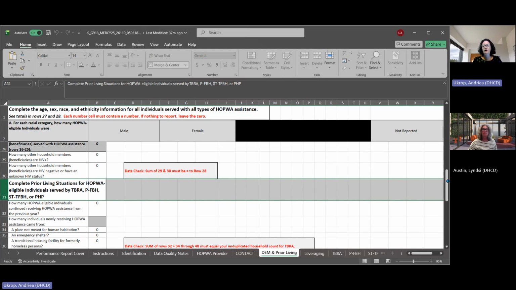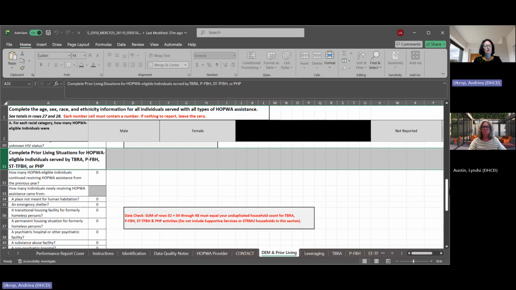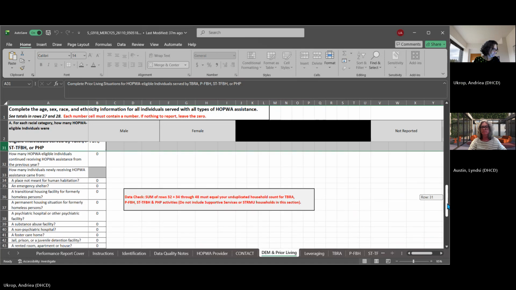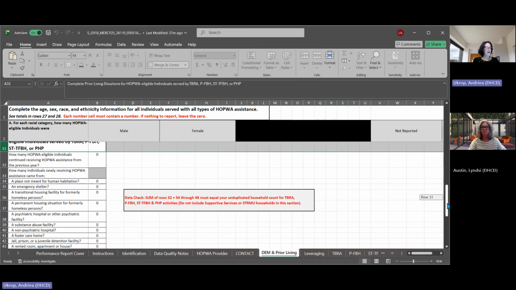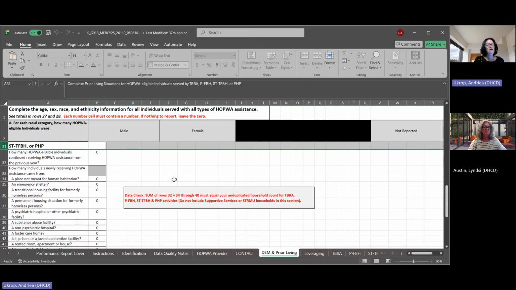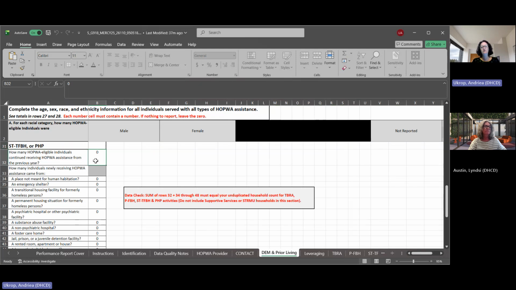Those are the only 2 categories of assistance that you are going to record responses for. And here we have in row 32, this is going to be individuals that stayed in the project this fiscal year that were also served last fiscal year. So anybody who did not exit last fiscal year, you will need to enter that information here